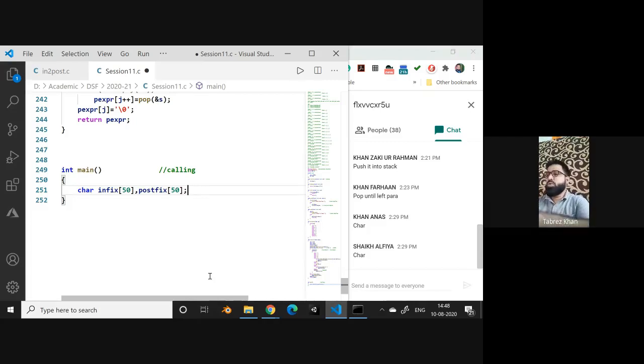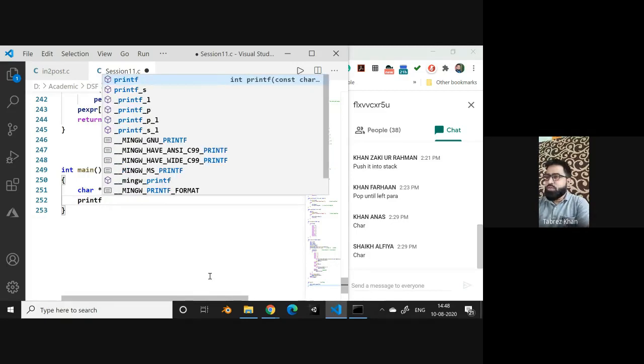No, I need to have it as a pointer, postfix. Let me make this infix also a pointer. Then ask for the infix string,